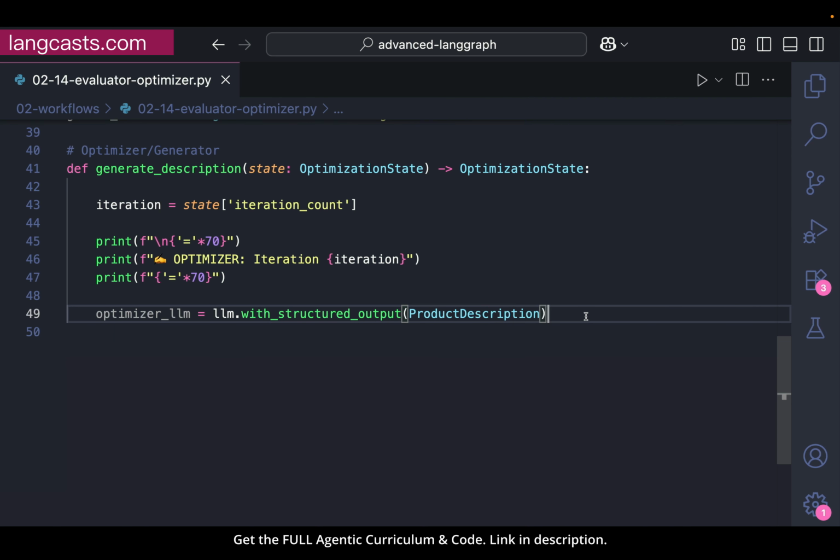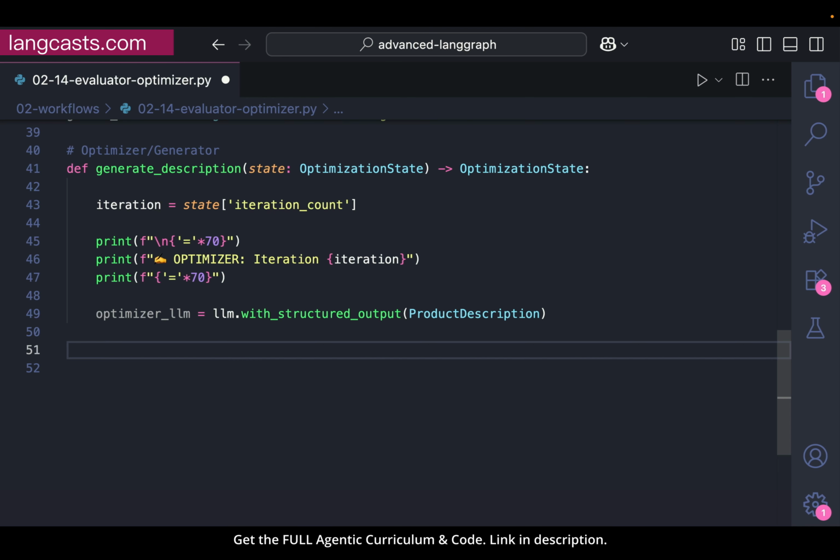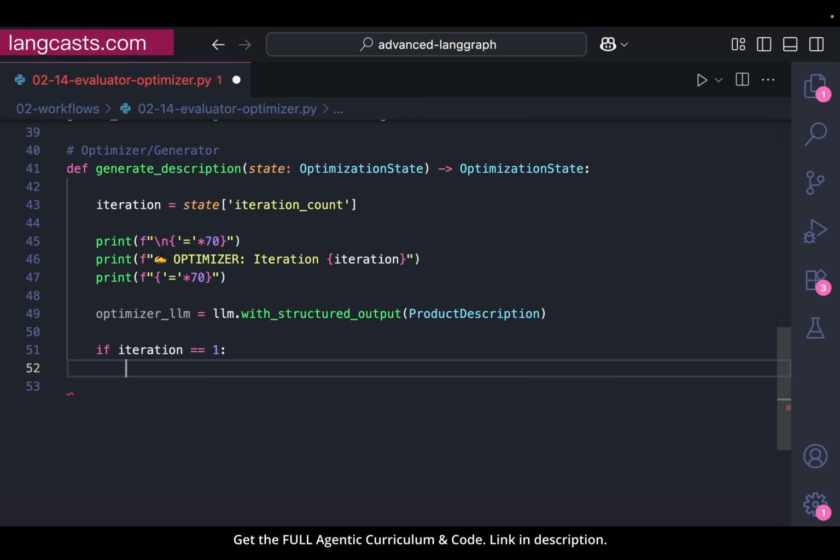So product description, then let us check if we are on our first iteration. So if iteration equals 1, that's if we are performing this for the first time, that means we are trying to generate a new draft, the very first draft. We're trying to generate the very first draft. So just going to print and say creating initial product description,